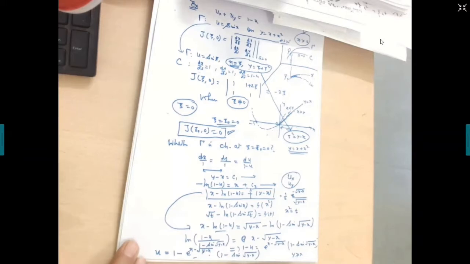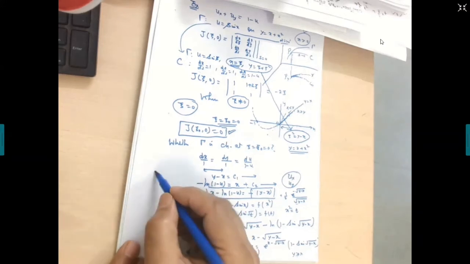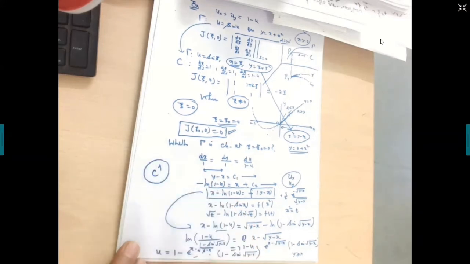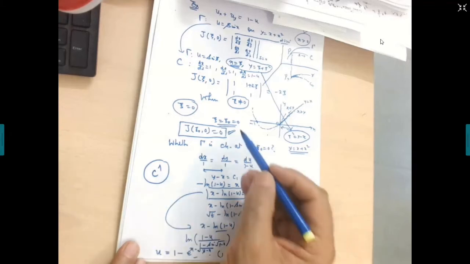So please do this exercise. It's a beautiful problem. It will give you the result that the solution exists, which is of class C1. It is differentiable. Will you complete this exercise? Please fill in the details. It's a very beautiful example which tells us that the solution is of class C1 in this situation.